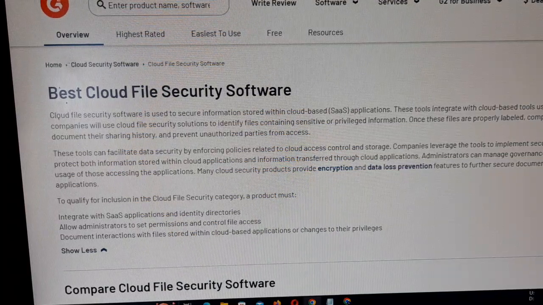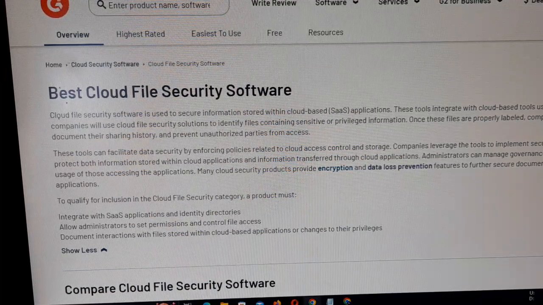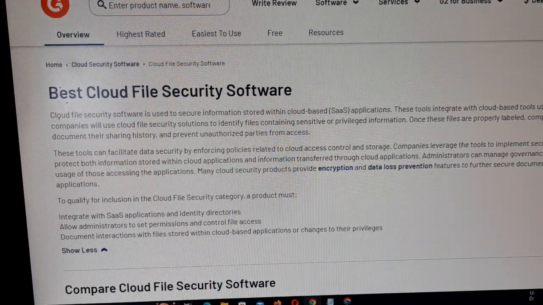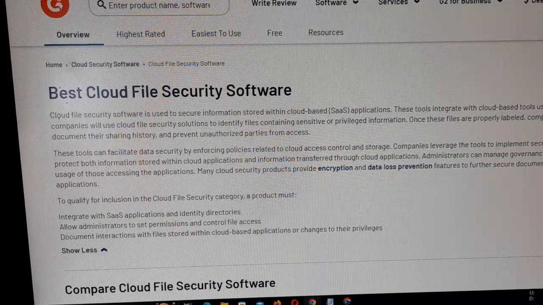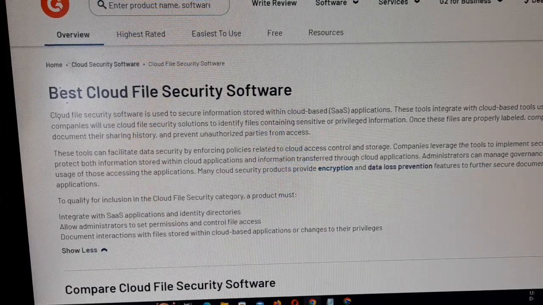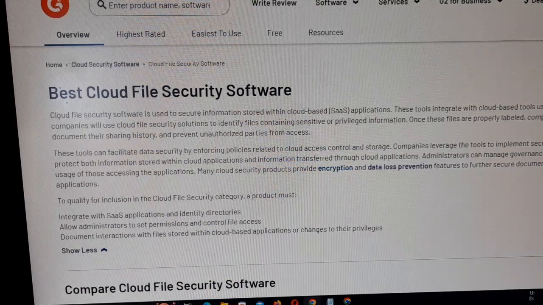Many companies will use a cloud file security solution to identify files containing sensitive or privileged information. Once these files are properly labeled, companies can control access to the files, document their sharing history, and prevent unauthorized parties from accessing them. These tools can facilitate data security by enforcing policies related to cloud access control and